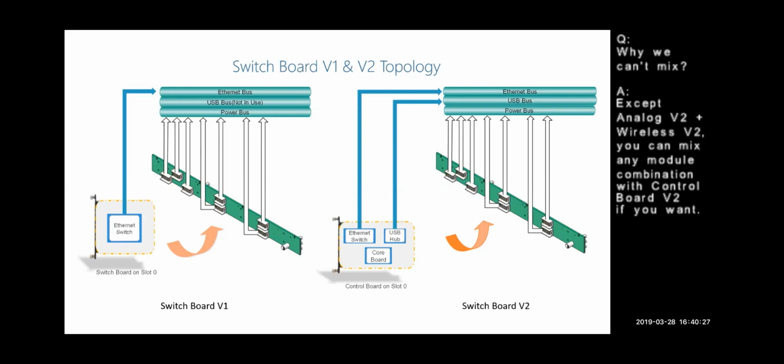You cannot use V2 wireless and V2 analog in the same chassis, but you can use V1 cards and one of the V2 cards in the same chassis. In total, that means except you use V2 analog and V2 wireless cards, you can mix the